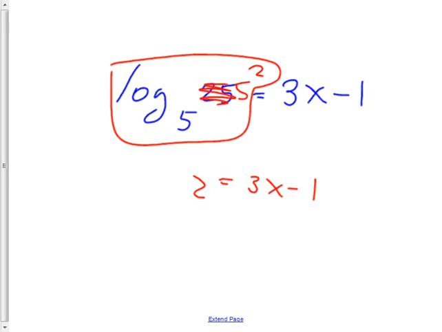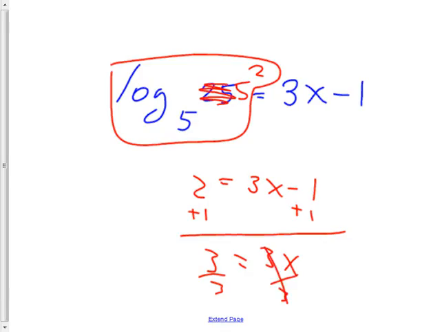Add 1 to both sides. I'm not saying you couldn't mess up, because you all make little dumb mistakes, but if you don't know how to solve an equation, it's scary. Divide by 3, divide by 3. X equals 3 over 3, which equals 1. Raise your hand if you added 1. Okay, good. Now,